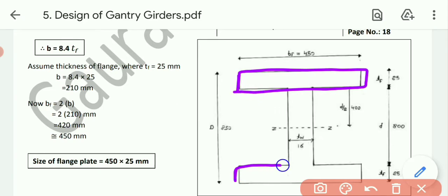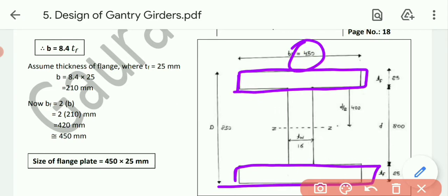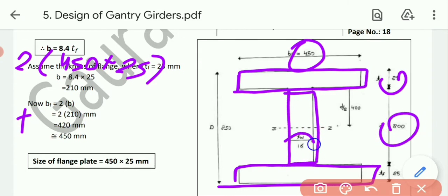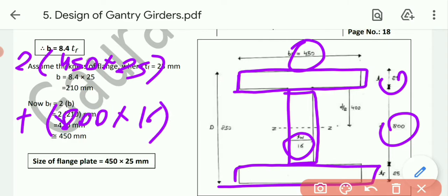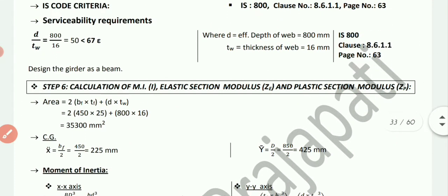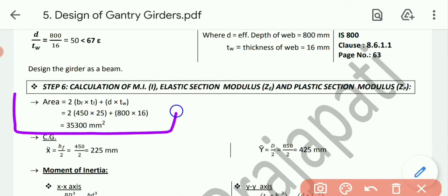Area, that is 2 flanges are there of 450 cross 25, so 2 times 450 cross 25, that's the area of flange. And in addition, the central web area 800 multiplied by 16, clear? So ultimately I will get the value of area. So 2 times 450 multiplied by 25, then 800 into 16, so ultimately I will get the area 35300 mm square. Okay, now